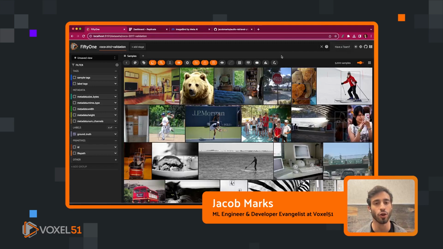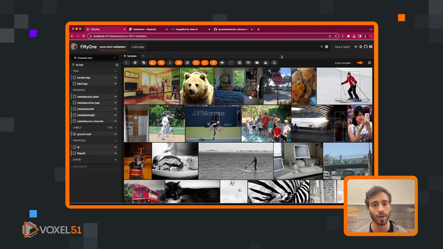And today I'm going to be telling you about a plugin that allows you to put in an audio clip and retrieve images that match that audio clip. For those of you who don't know, FiftyOne is the leading open source data curation and visualization toolset for computer vision. And FiftyOne plugins are a framework that allows you to make FiftyOne more extensible and customizable for your particular